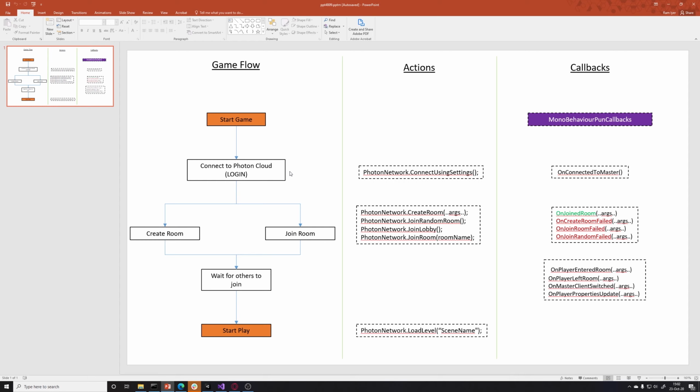So remember, there are two ways you can use Photon. The first one is Photon Server, where you connect to an on-premise server or someone's computer directly, or the more recommended option, which is connect to Photon Cloud. So this is the login phase. In our code, you'll see that we use the term login. So when we say login, it means connecting